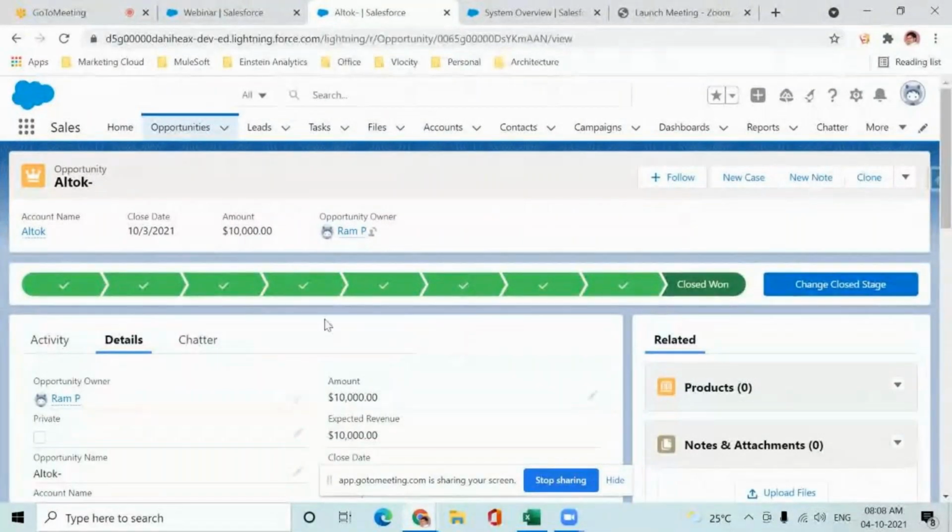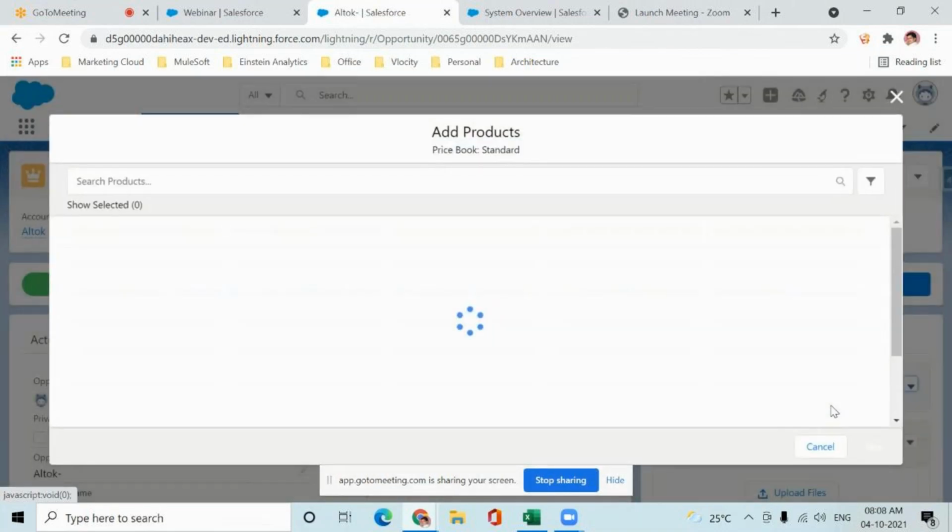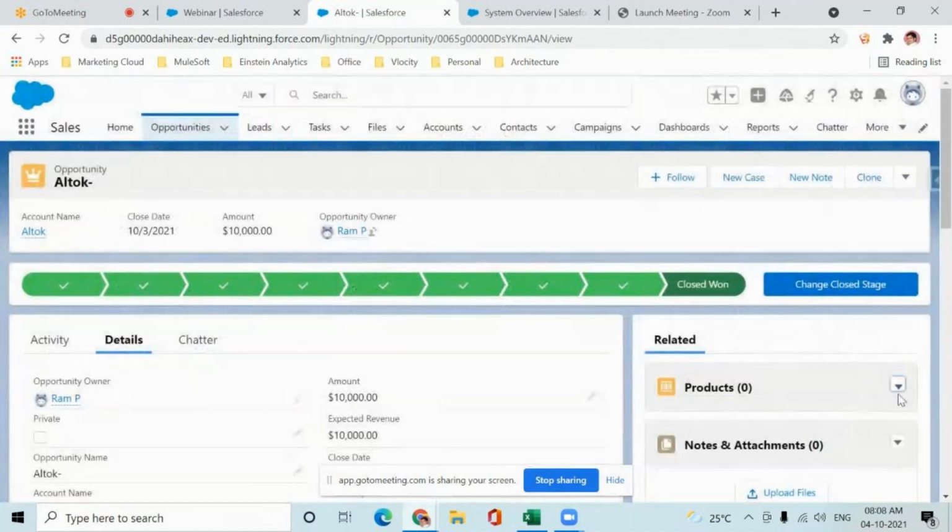Because if you see, nowhere have I given the information of my, what is this? One second. Let me share my screen. Only in the opportunity can I start adding the product details. As it is a closed stage, it's not allowing me, I think. So the product details were never mentioned anywhere, right? We'll see how to add these products also. For example, if I want to add the product, he has to choose some existing products. This is a little clumsy, so as people will get confused, I kept it aside.